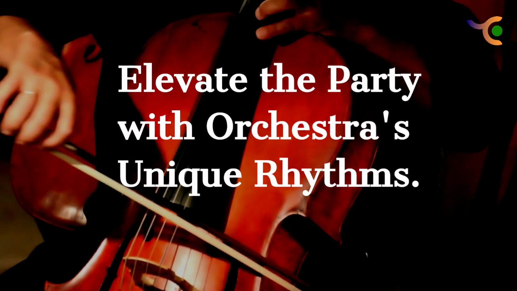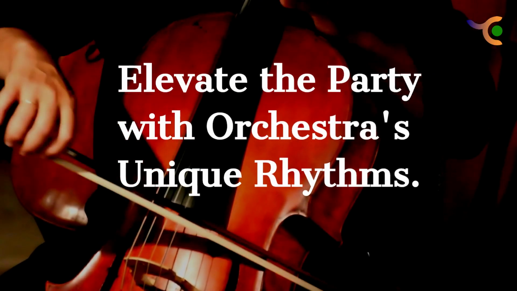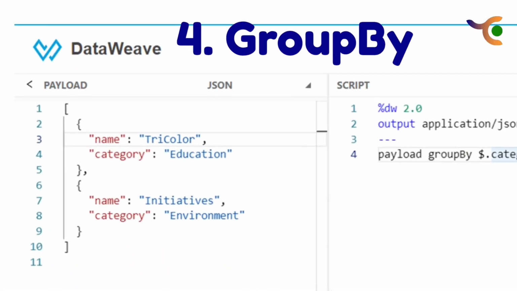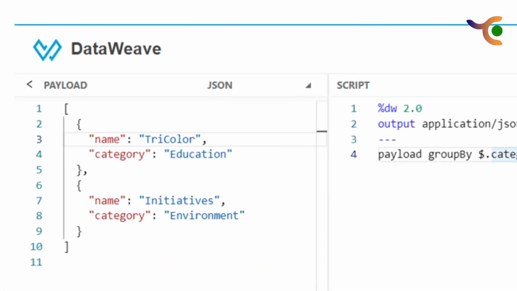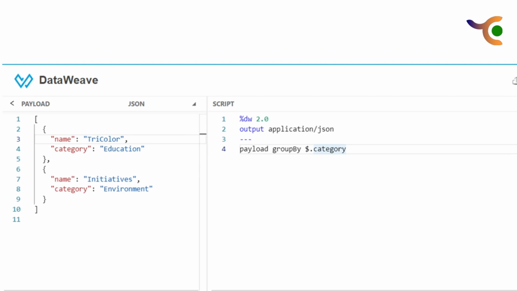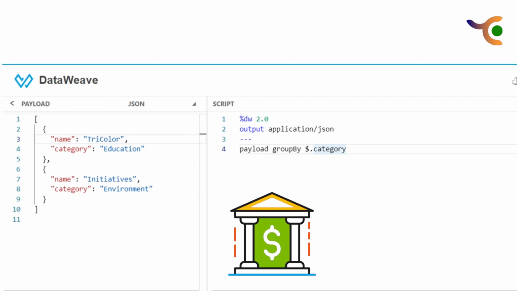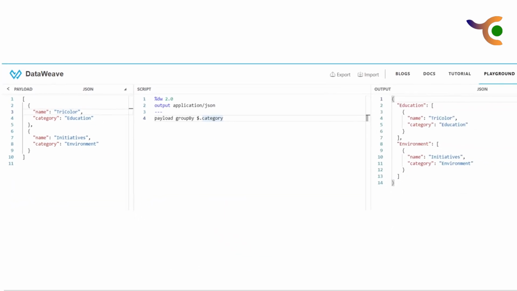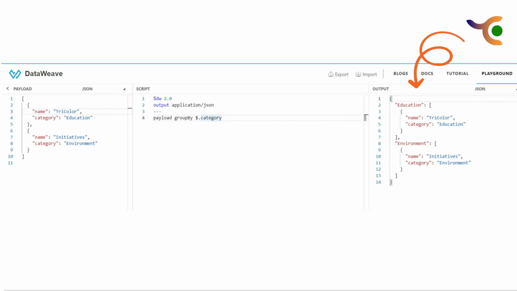Now, we will elevate the party with unique rhythms. Next up is Group By, your organizational guru for lists. Ever had a list so long you can't make heads or tails of it? Group By to the rescue. It sorts your list into categories based on a condition you set. In this function, $ represents the current element, and $$ is the index. The result? A well-organized object where each key represents a group, and the value is an array of elements that